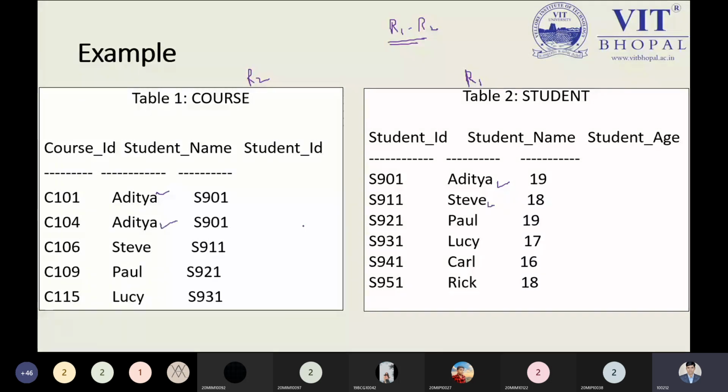And Aditya is also available 2 times, no issue. Paul is also available, yes. And Lucy is also available, yes. So what is the thing which is inside the relation R1, that is student, but which is not inside R2? We are able to see these are Carl and Rix, these two pieces of information,